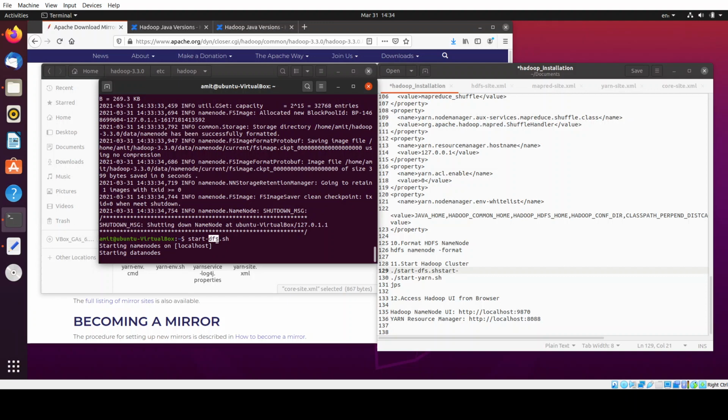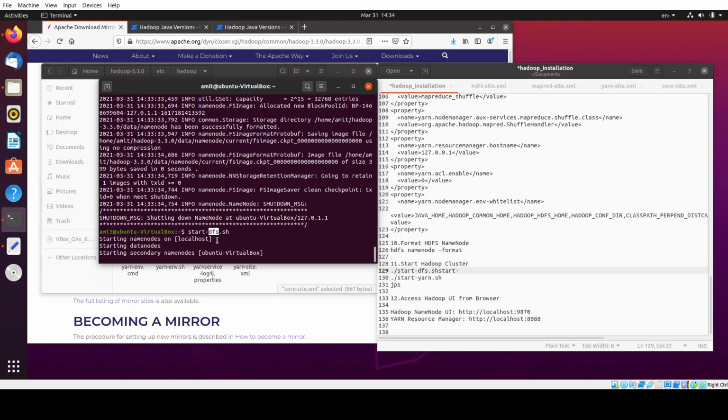Hadoop uses a distributed file system known as HDFS, Hadoop Distributed File System, and using that it performs all operations. Now Hadoop is a system for big data, so it might already be quite clear that we would be using a cluster of computers. But over here we are just using Hadoop on a single node system.